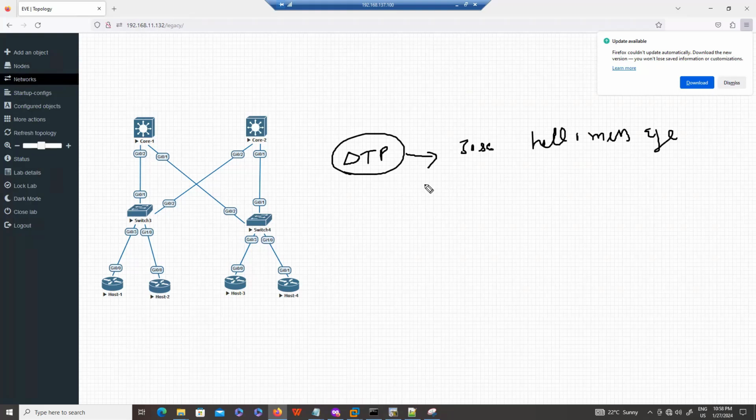It's a CCNA topic, but still I want to cover this. First, sending every DTP message to the end machine is unnecessary. This is the basis of bandwidth. You don't want to send a DTP message to the end machine, because let's say I will show you.